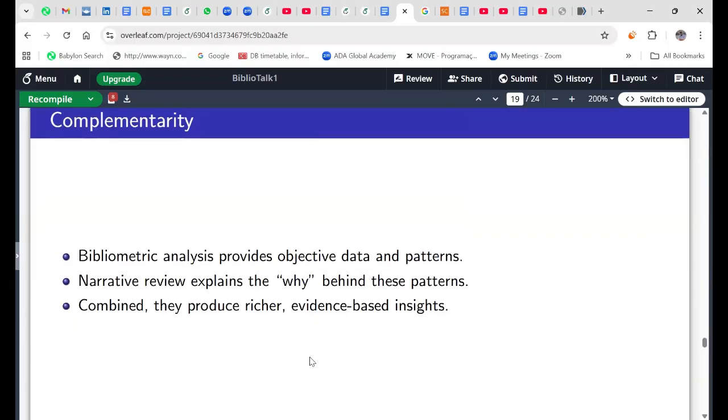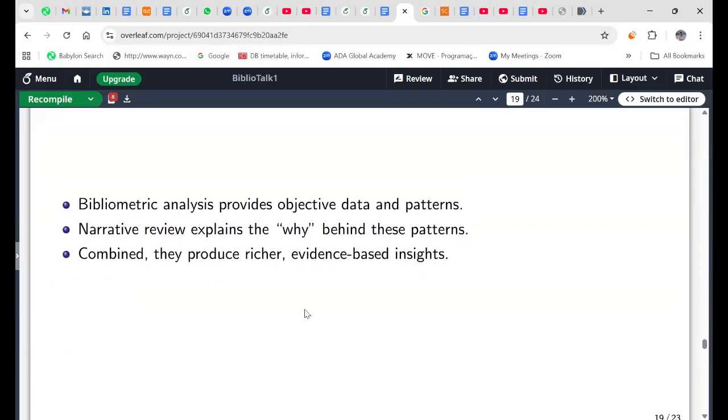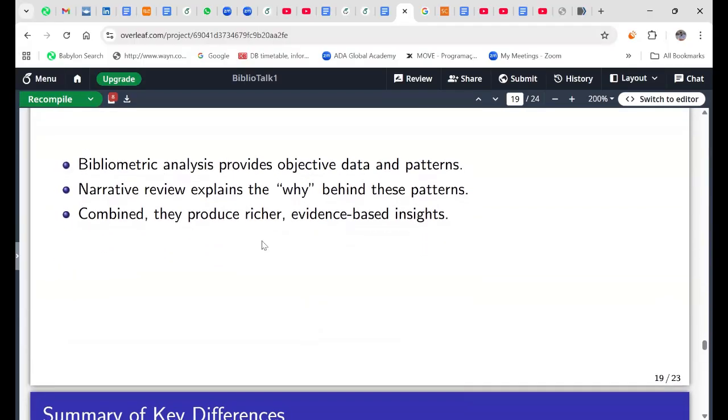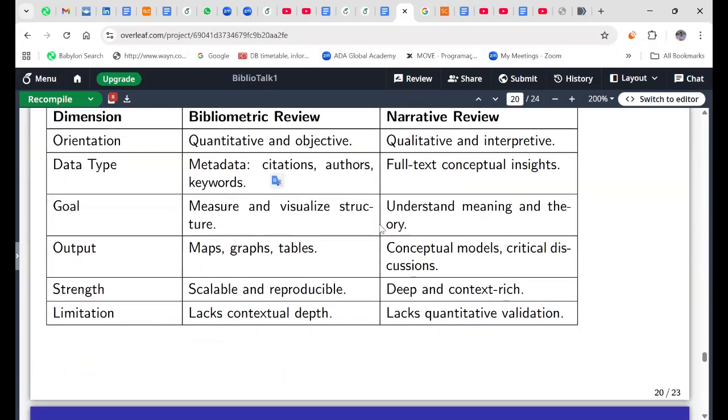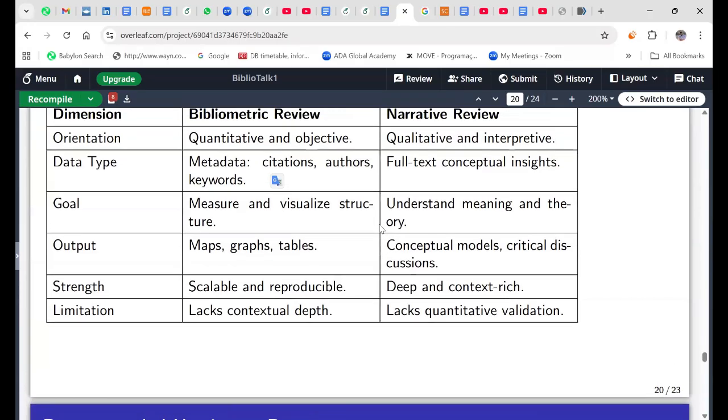Then they will complement each other, like I said. The bibliometric analysis will provide objective data, very objective data, and the patterns, while the narrative review will explain the why behind these patterns. Then they will produce very rich evidence-based insights. So we need to really, really